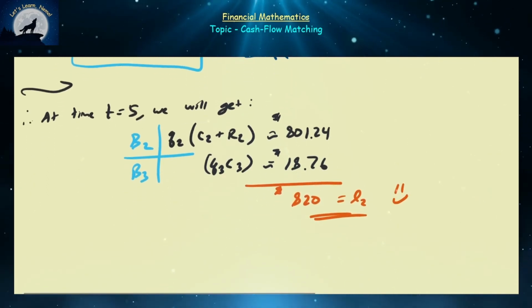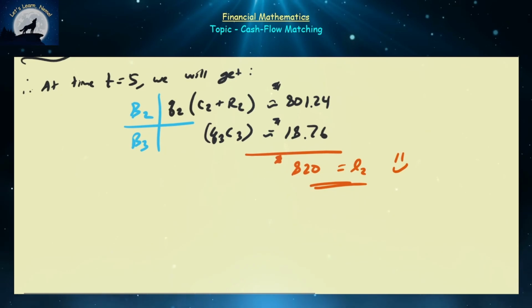Right? So we have matched that liability, but of course you can buy more of bond 2 and bond 3 to get more money than L2. That would obviously be profit, but at least we have price matched and, quote unquote, immunized our portfolio against this particular liability. Right? So similarly,